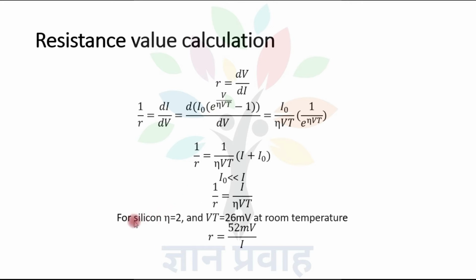Semiconductor materials, we are widely using silicon. For silicon, the value of eta is 2, and second semiconductor material which is widely used after the silicon material is germanium. And for germanium, the value of eta is 1. Vt is thermal equivalent voltage, and thermal equivalent voltage is always equal to kT by q natural log Na Nd by ni square, and it is showing the barrier potential. So at room temperature its value is 26 millivolt.